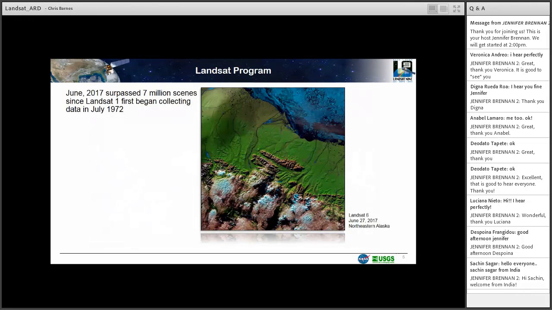In June of last year, the archive reached a milestone by surpassing 7 million scenes that have been acquired by the Landsat program since Landsat 1 was first launched in 1972. And this is an example of a representative scene from the 7 million swath that was collected back in June. And this is a picture over in